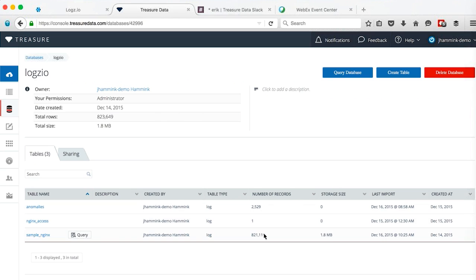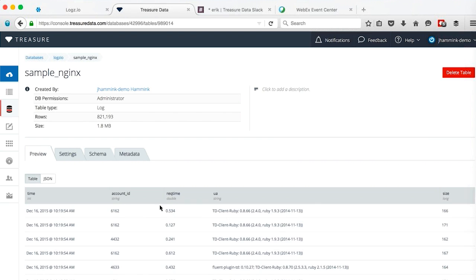And as you can see, it just updated, but the data is being streamed into the table called sample nginx. And as you can see, there's a timestamp, account ID, those are fake by the way, request time, user agents, and size. And this is admittedly a small portion of the data that you'll be getting from Nginx and similar